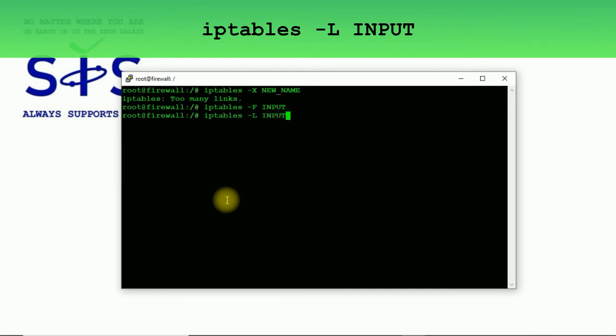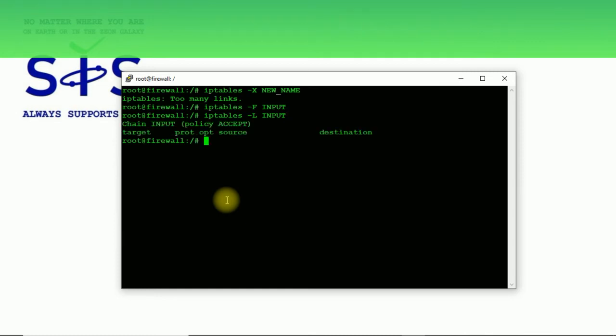if I type something like this, iptables -L and next the name of a table, name of a chain, I'm going to list all rules in this specified chain. Like you see, there are no rules right now. We can also delete the rule using iptables -D, and next you can type the whole rule or a number for the rule. But before we do that, we need to add some rule, because now our chain is empty.